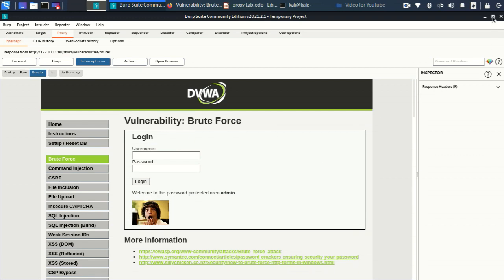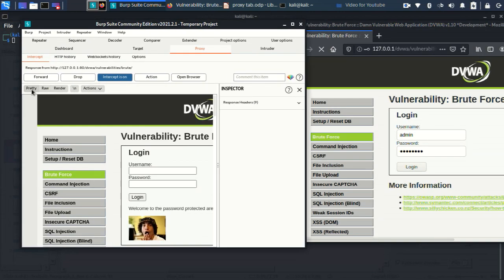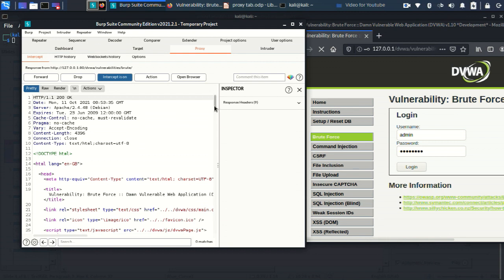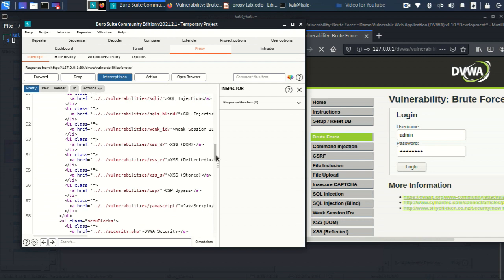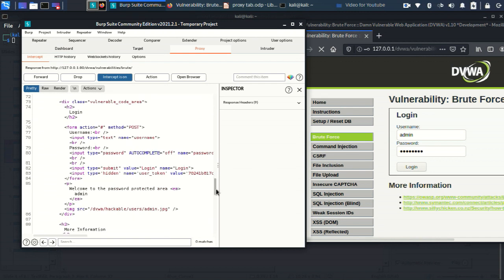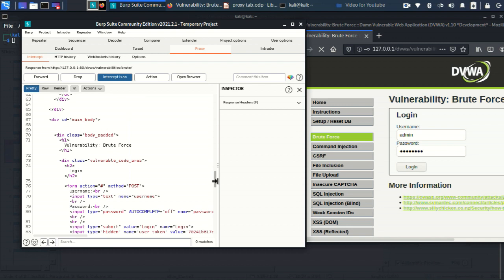So if I modify something, any part of the request, say, not this one, I'll modify something else.